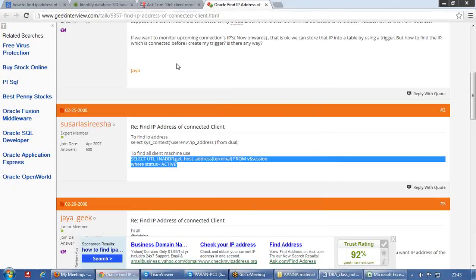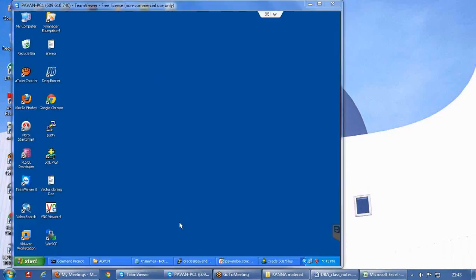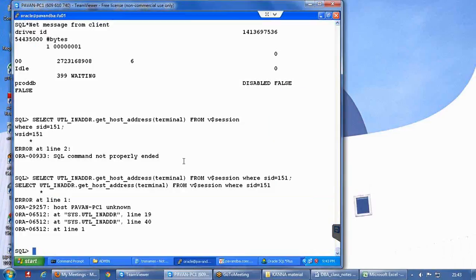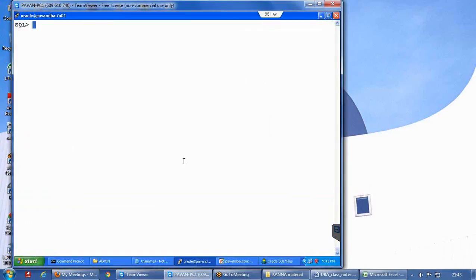Let's not waste much time on that, because as a DBA we would not actually be concentrating on these things. Anyway, the process is the same. You need to use that select query and find out those things.